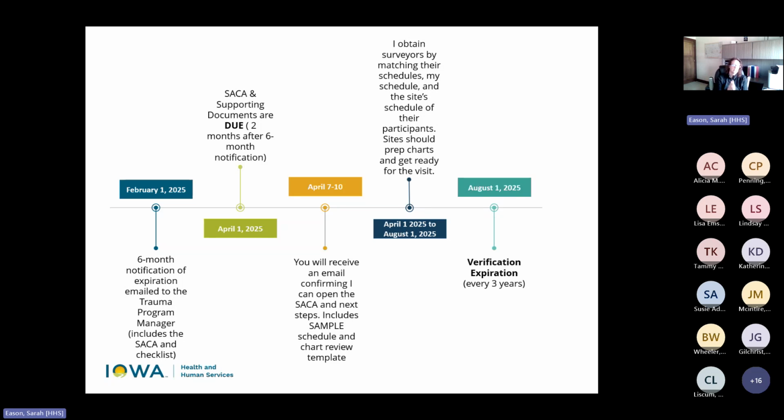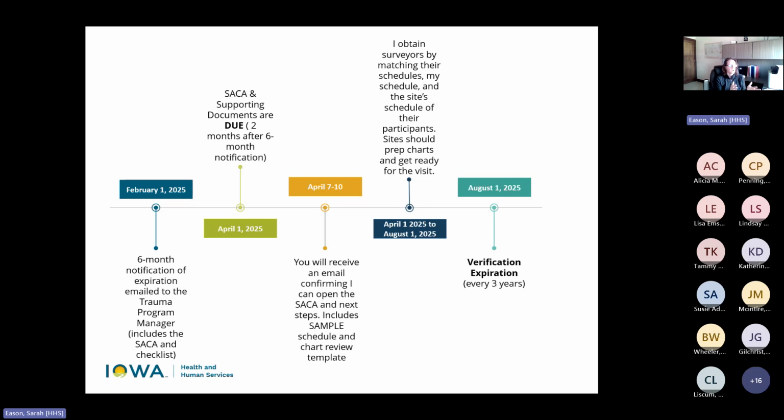And then it's in my court where I'm reviewing your documents and also contracting another nurse surveyor to look over your documents and develop a final report for you. In that time, if you have chosen a paper review, I will be reaching out, requesting additional documentation if need be. If I have any questions based on your paper documentation, I'll be reaching out to get clarification, just to make sure that I get the final report accurate based on what you've submitted and what you're doing in your trauma program.